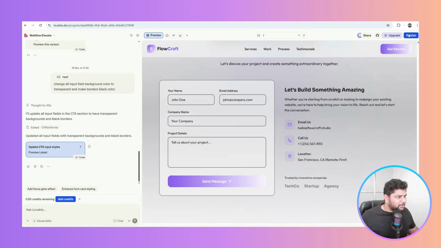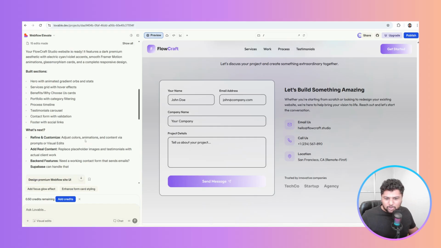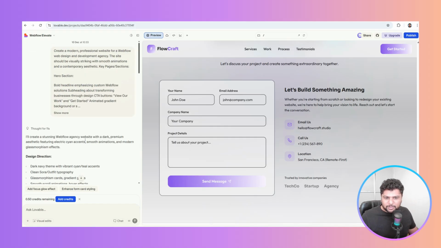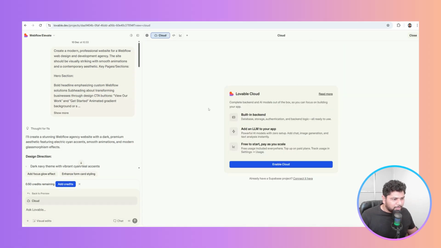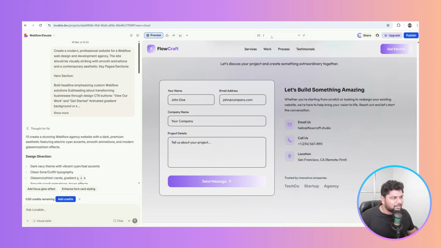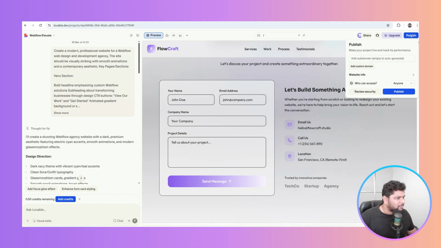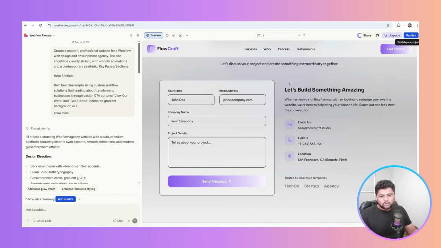The Supabase here you can integrate. Let me just go up here and find Supabase. I don't know why it's not here. Okay, built-in backend and AI models, LLM, free start. It's fine. I think we don't need that. Let's see what options do we have here. Hmm. So okay. So I'm not going to create any Supabase